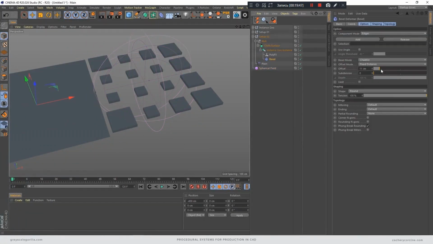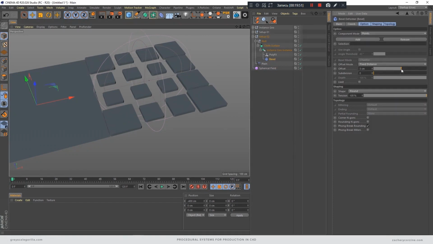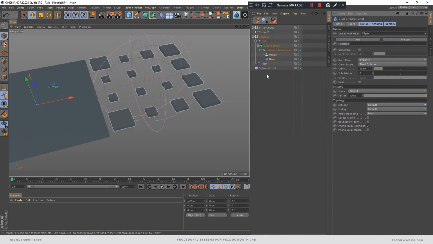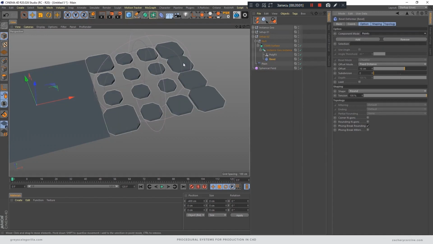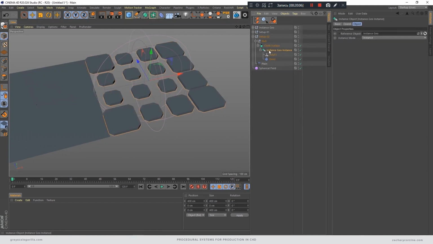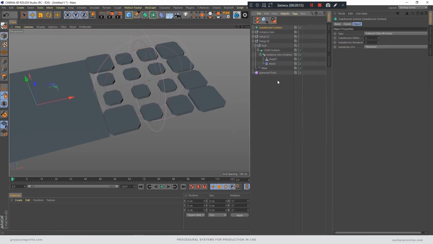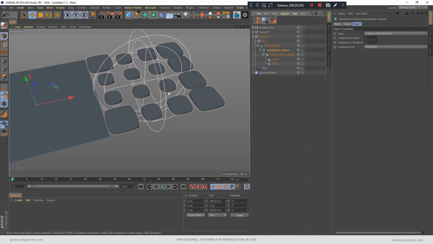So let's go back in and tweak our bevel here. We might want to do points actually. So rather than beveling from each edge along here, it's actually going to bevel from each point in between. And so you get a nice effect there. And I'll actually throw this in addition to the cloth surface, we're going to remove the subdivisions of the cloth surface. We don't need that. We're using it just for the thickness. And I'm going to grab another subdivision surface and put that in there before the cloth. And now you get this nice